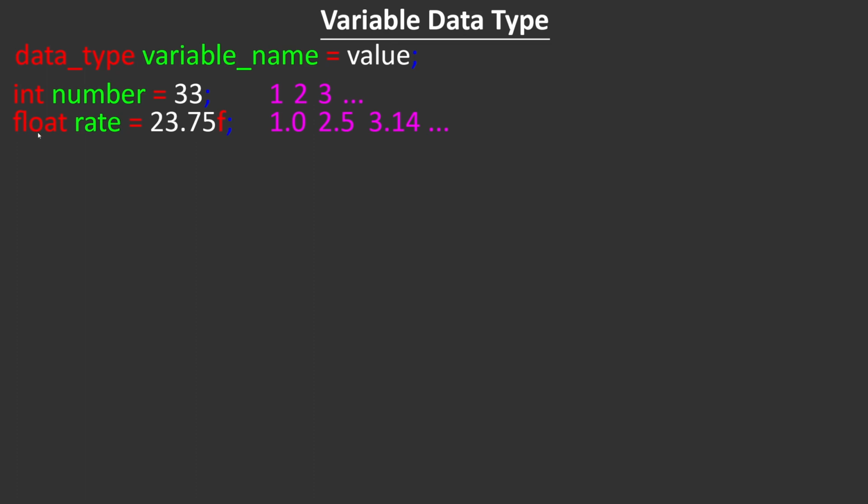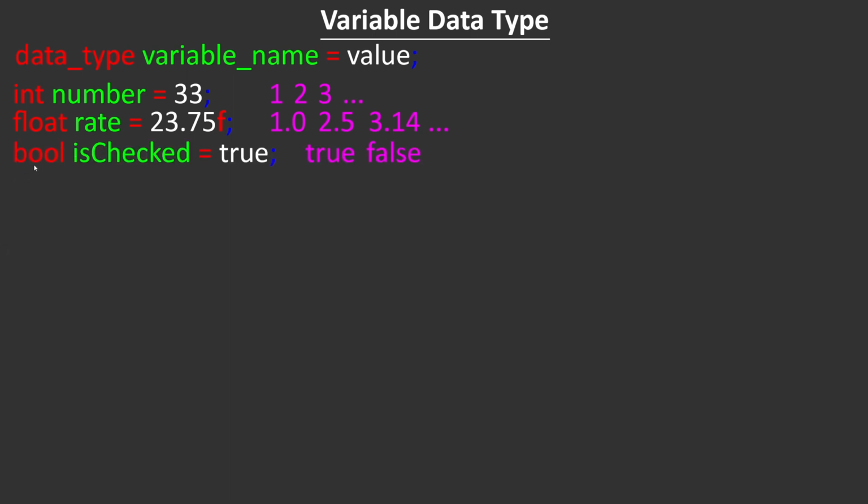Float is used to represent single precision decimal numbers such as 1.0, 2.5, 3.14, etc. When declaring a float number, make sure to add the F letter at the end. For example, float rate equal 23.75 F semicolon. Here we have a variable of type float. The name of the variable is rate, and the value assigned to it is